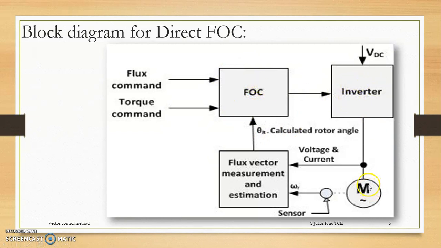By that, the machine will start rotating. And again, with respect to the connecting load, by varying the load, again the signal will get collected and the feedback signal is sent to your measurement system, and that measured value again sent to the FOC. Again the 8 steps will be followed, and again the revised signal will be sent to your PWM generator, and then the inverter will vary the input voltage.